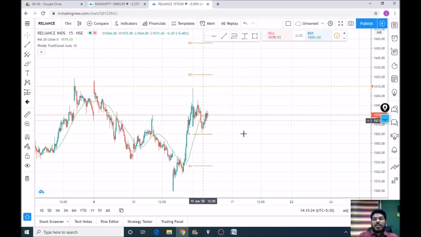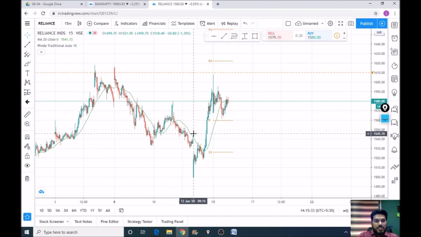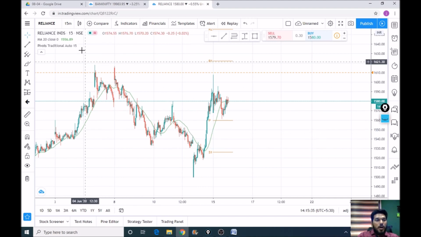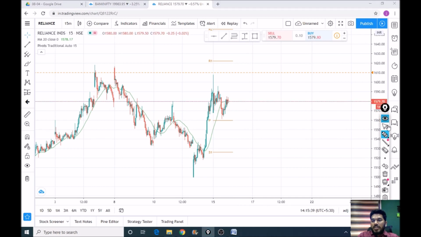In the previous section, we learned about supports and resistances. We use horizontal lines to draw support and resistances. Okay, so now from where do we get these horizontal lines? On the left hand side of the tradingview.com, you have the drawing tool. This is an area where you will find all the drawing tools provided by TradingView.